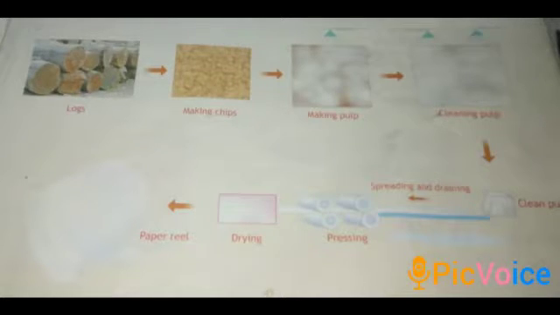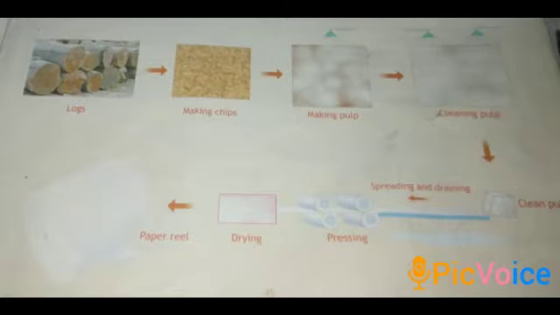Okay, first they are made into small chips, then mixed with water and made into a paste. This paste is called pulp. The pulp is washed and cleaned to make it white. Then it is spread out evenly over a fine net. Here some water is drained out. After this, it is pressed by rollers into a long sheet.